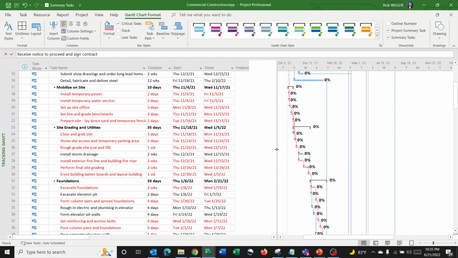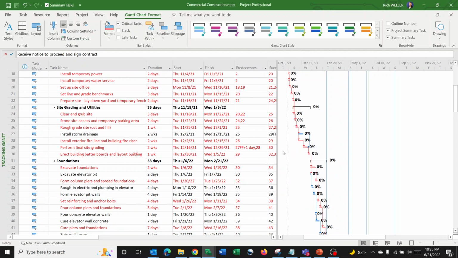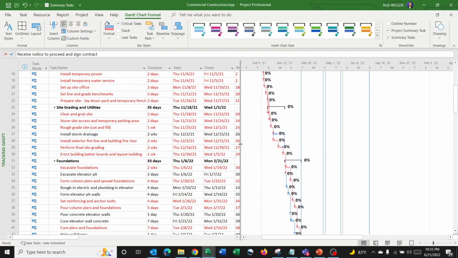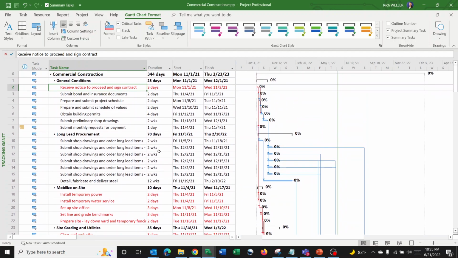So now you can easily see which tasks are on the critical path, and there's a one-to-one connection between the color coding now with what's on the left and what's on the right. So that's sometimes very helpful to have this on the tracking Gantt, have that color coding turned on so you can hop over here in the tracking Gantt view and easily see them. And then there's one more